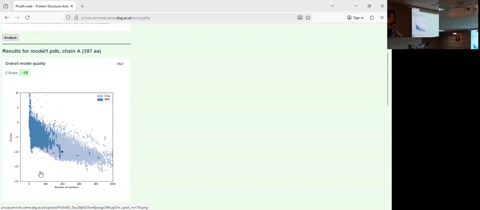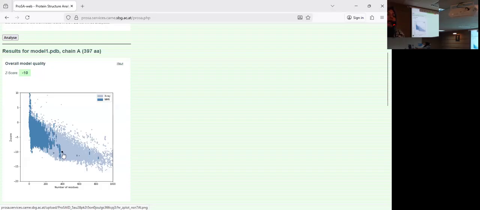For example, in my earlier slides, I told you that there are many methods to determine the structure experimentally, through NMR and X-ray crystallography. For every identified structure, you get a Z-score. This is the model quality score. The Z-score is also known as the model quality score. The more negative, the better. So here, this is the data already plotted for the Z-scores of experimentally identified proteins. The dark blue one is for NMR. The light one is for X-ray.